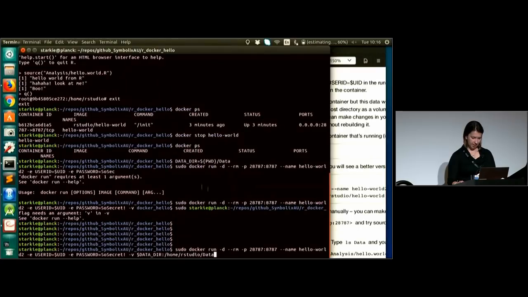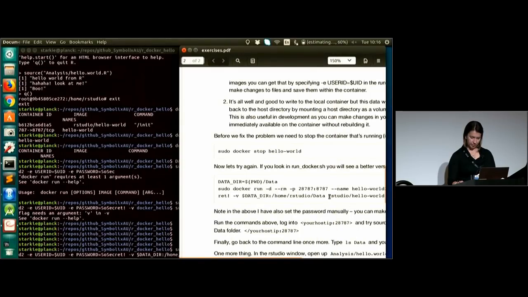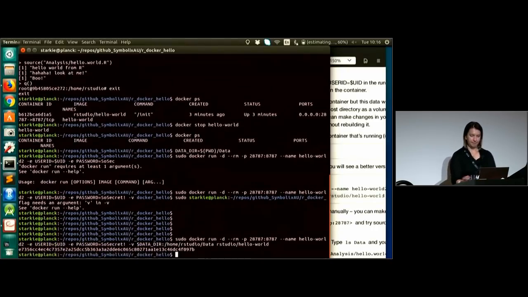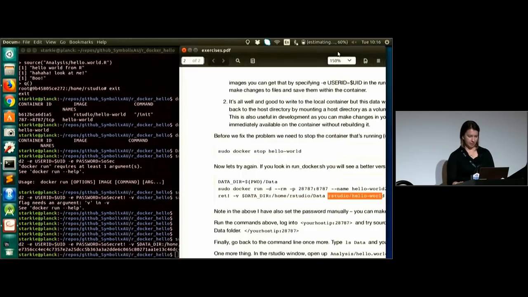And it's the RStudio Hello World. I think that runs? Right, so now if I log into it,